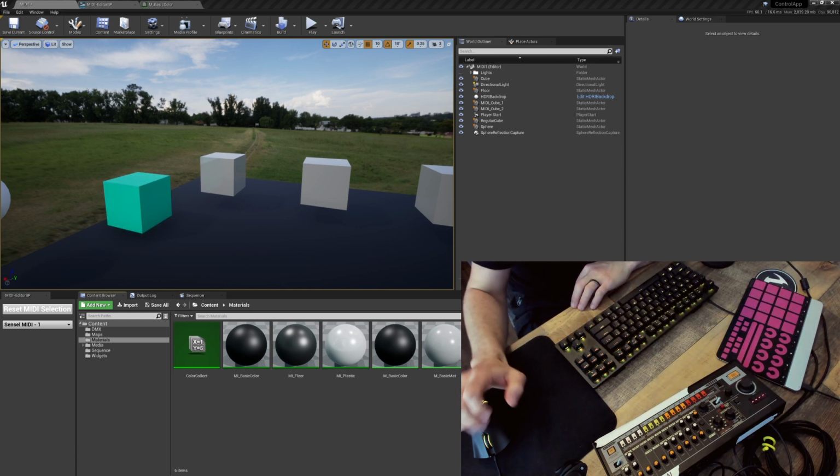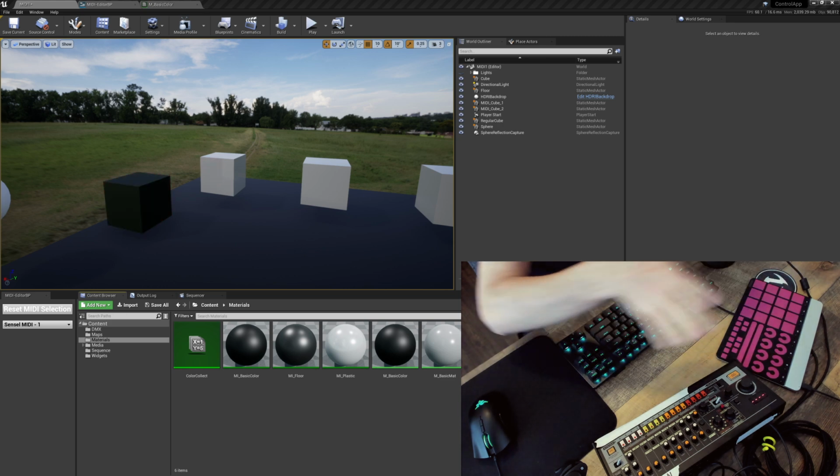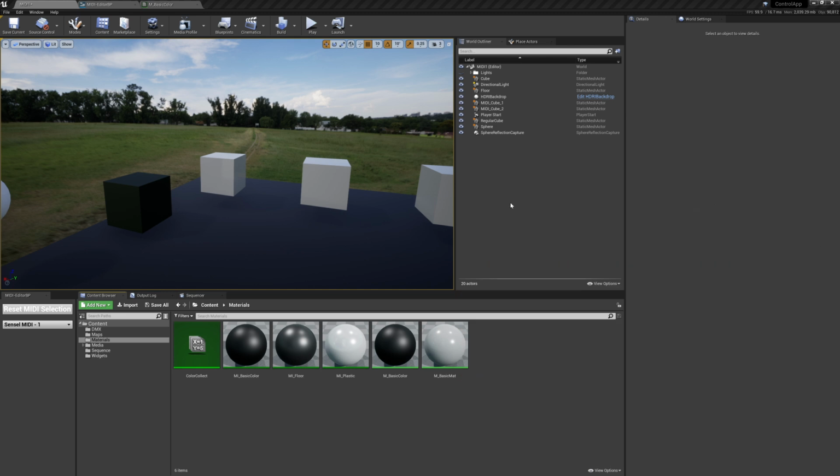There's no real reason that you can't, as long as you have enough MIDI channels and bandwidth to support everything. There's no reason that you can't do that as well and hook up as many of these as you would like. So hopefully that gives you a decent idea of some of the things that are possible working with the